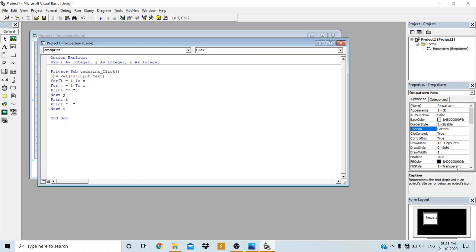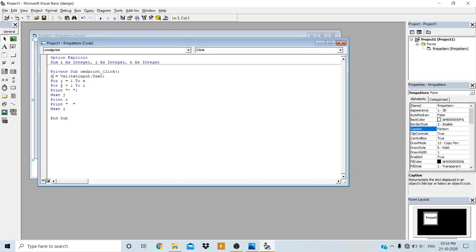It will check whether the number 1 is between 1 and 3. Yes, it is. So this condition is true, and then it will go on to execute the next statement within the ith loop.